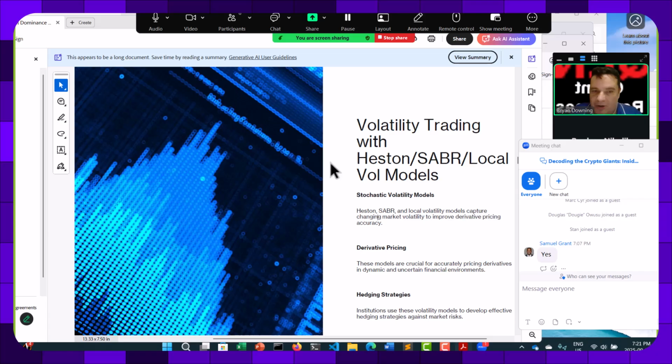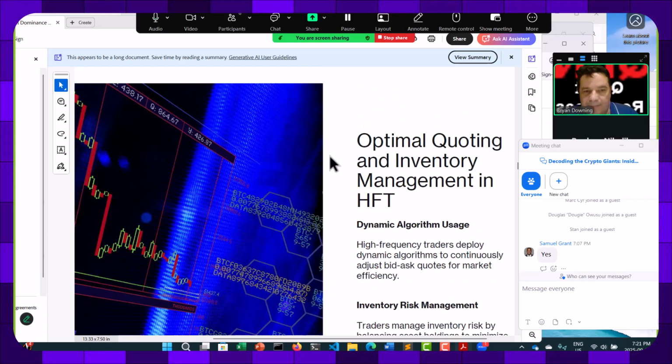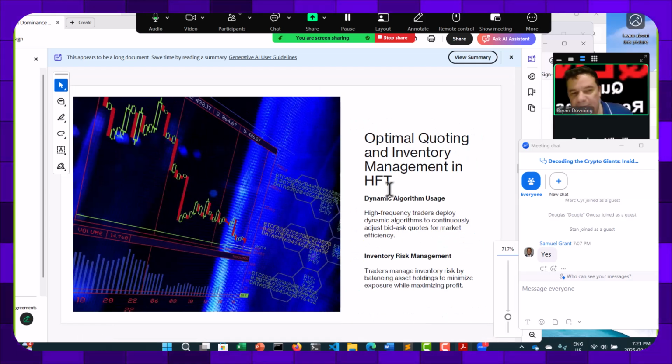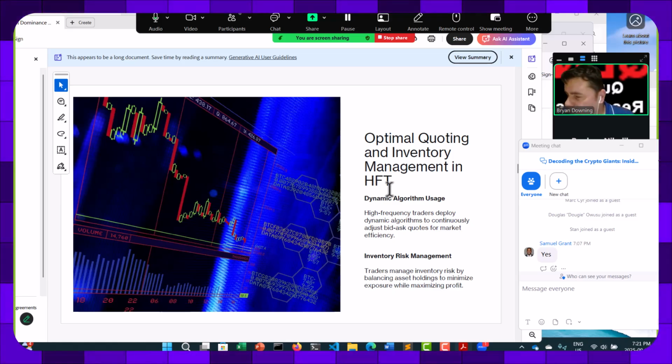All right. So, moving on to the next one. We also have optimal quoting and inventory management in the world of high frequency trading. Dynamic algorithms can be used. Specifically, the big term they use is self adapting. So you can have a general algorithm, and then you have your parameters that change, and that's where the dynamic piece comes into it. And what they're doing is they're adjusting the bid and ask quotes for market efficiency,